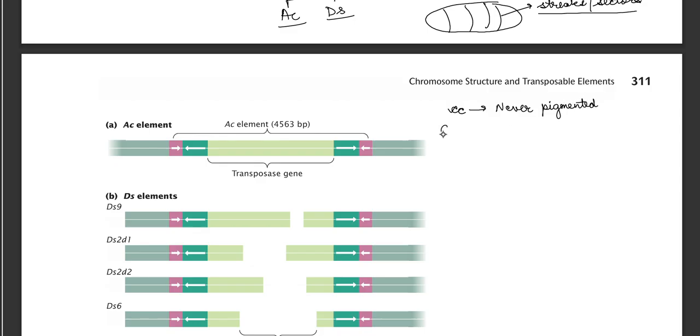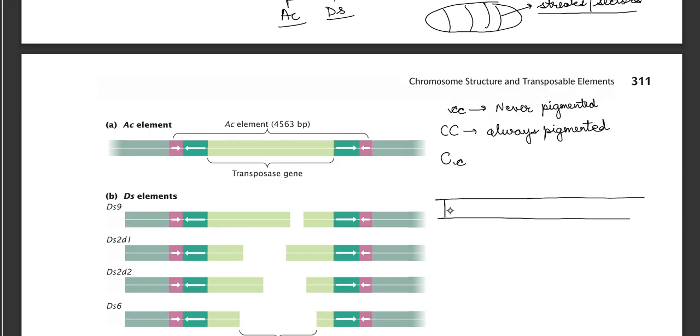If they are capital C, then they will always be pigmented, and the whole of that will look purplish in color. But if they are heterozygous, then the problem arises. So in that particular gene, what happens is that the AC element is present, the DS element is present, and then the C